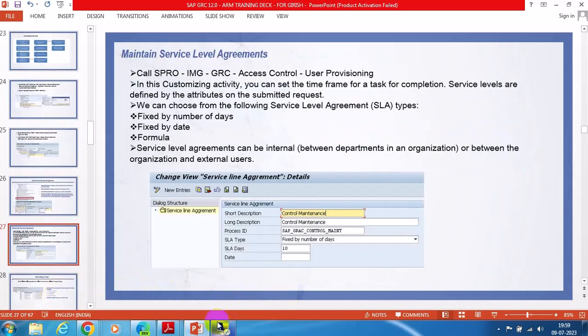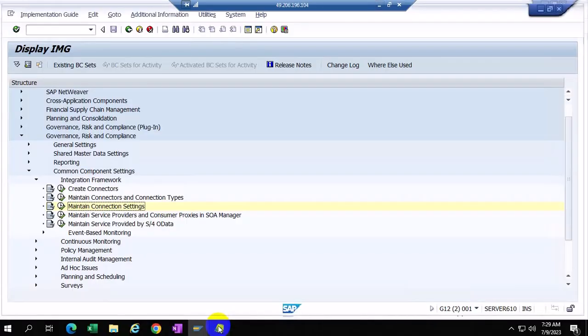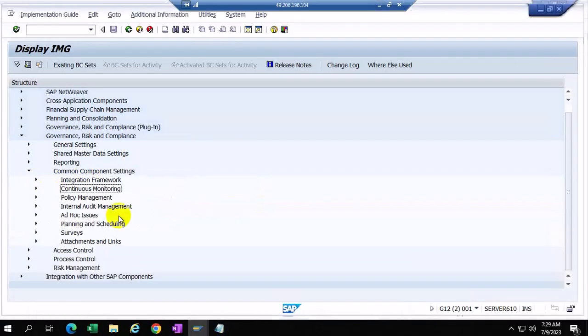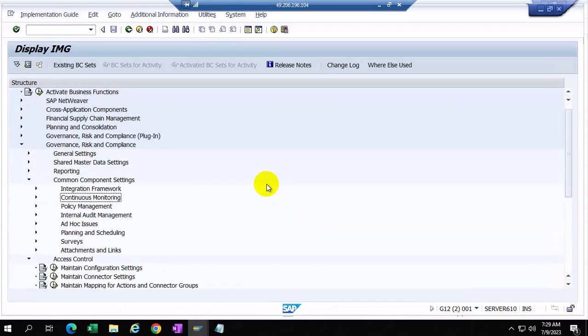Okay, now as soon as the configuration settings are completed, the complete connector configurations, then we need to configure maintain provisioning settings. This is the key area for how you are designing your complete access request management. Okay, the navigation is